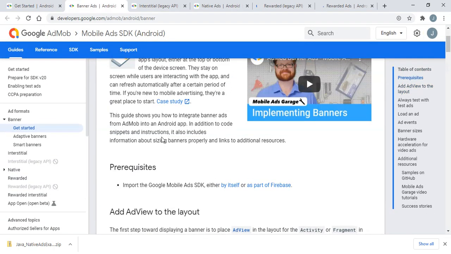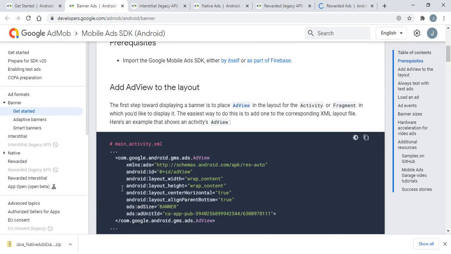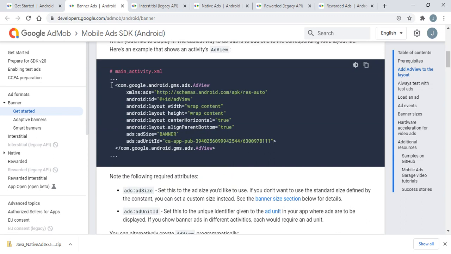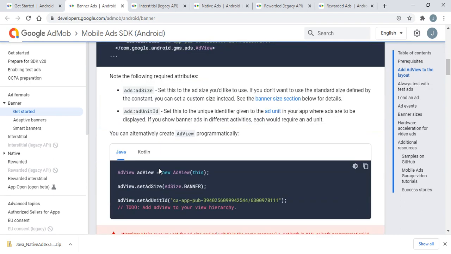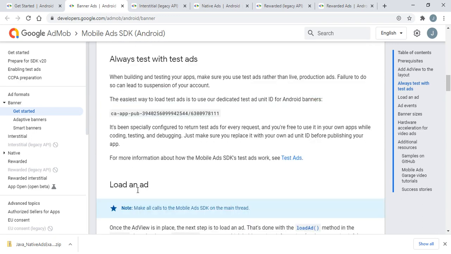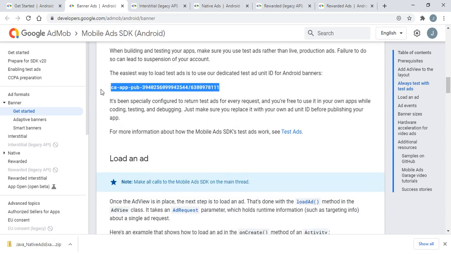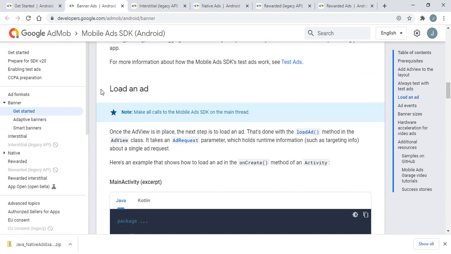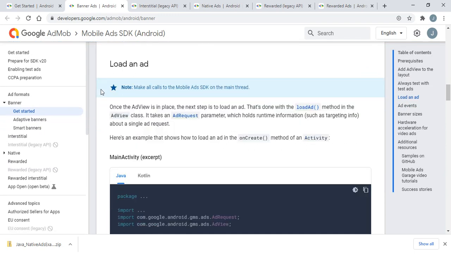So if you understand this documentation, then you can follow this documentation, like we have to add these lines of code in our main activity.xml file. Then we can also write it alternatively in our main activity.java file like this, and we can test this like this, and we can load our ad by doing